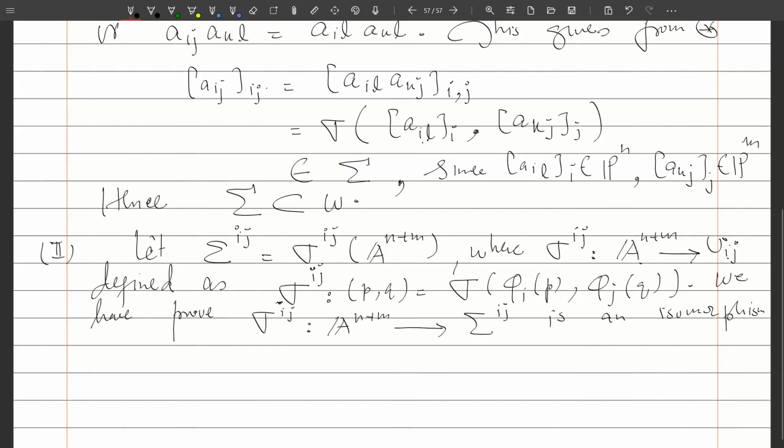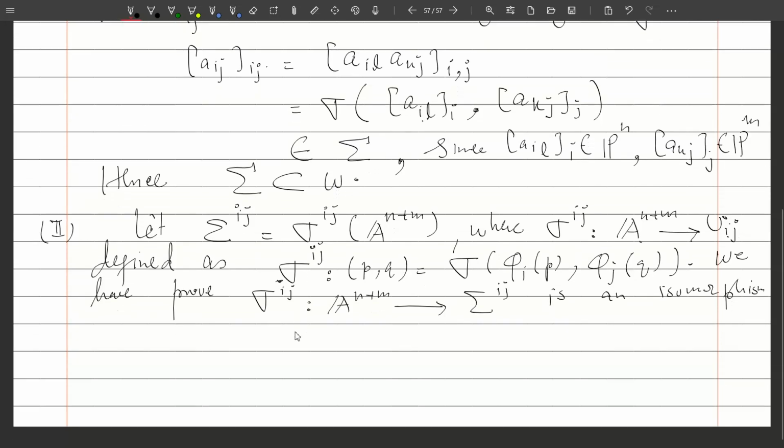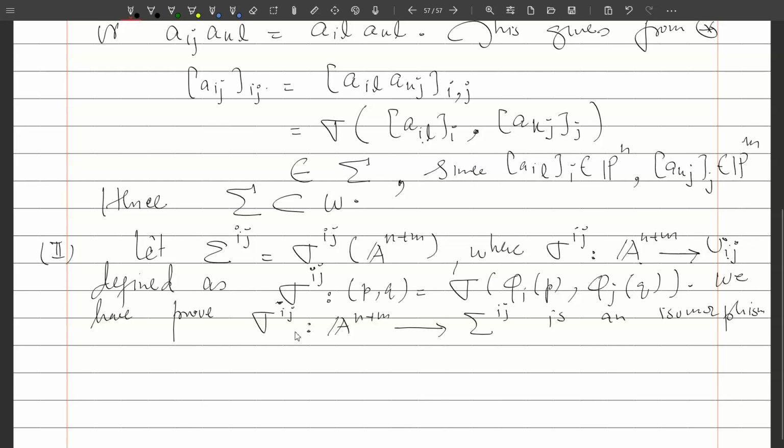Now to prove this is an isomorphism, it suffices to prove it is a morphism, and its inverse is a morphism as well. So now to prove sigma ij is a morphism, it suffices to prove the result for the case when i is the same as j is the same as 0. So we can assume that little i is the same as little j is the same as 0. So then